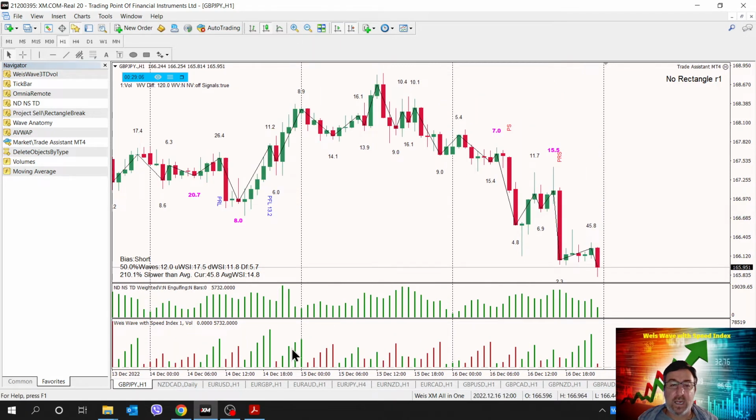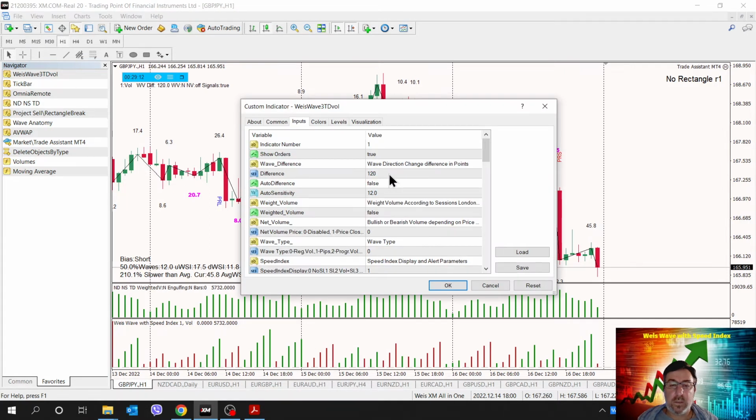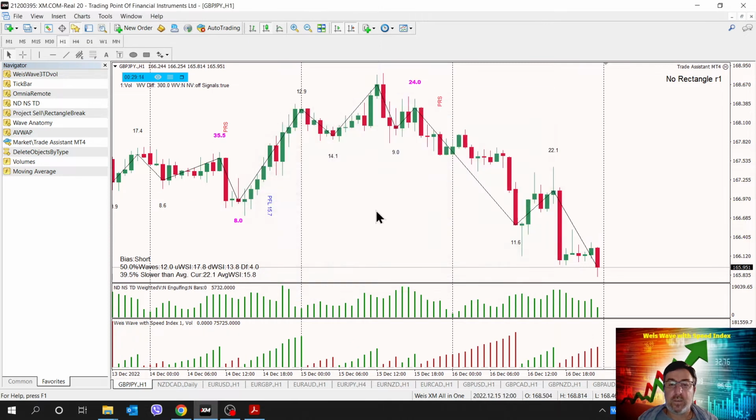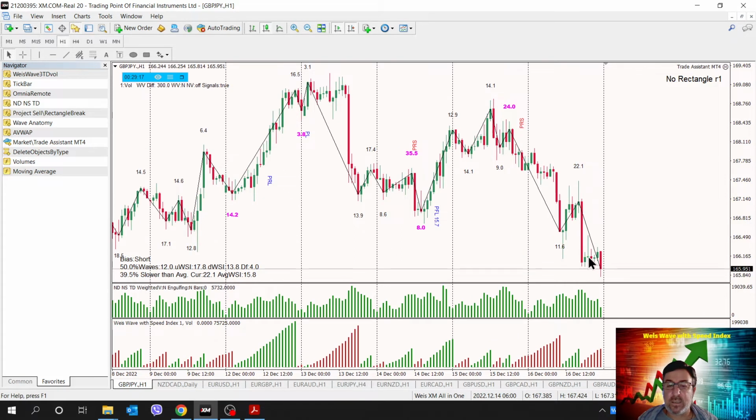So if I say, all right, I don't want 12 pips, the number is also displayed here as the difference. I want, if price direction changes by 30 pips or 300 points, then another wave. So as you can see now, our waves are much fewer.